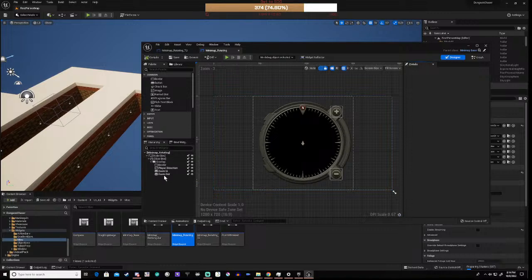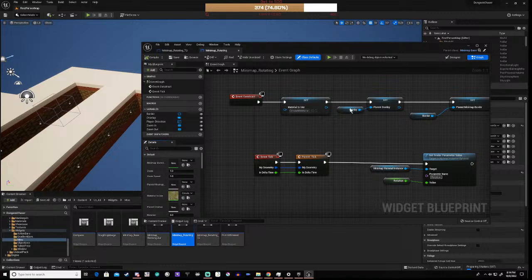Right, now, if we go to the graph, is there, right, so I'm guessing this material to use is going to be our render target, or something like that. I'm looking for some